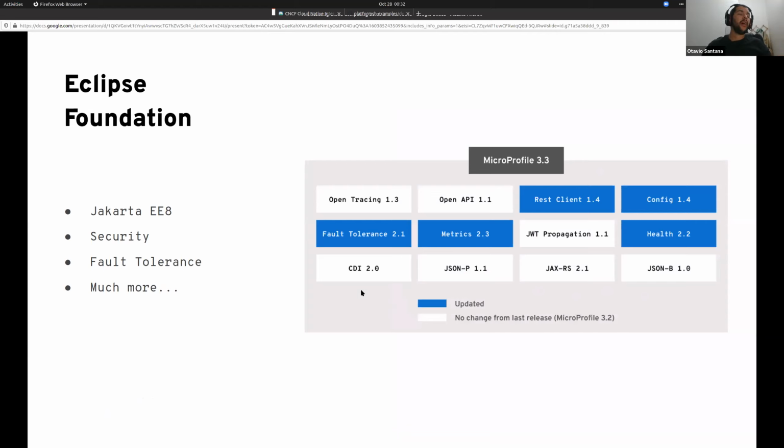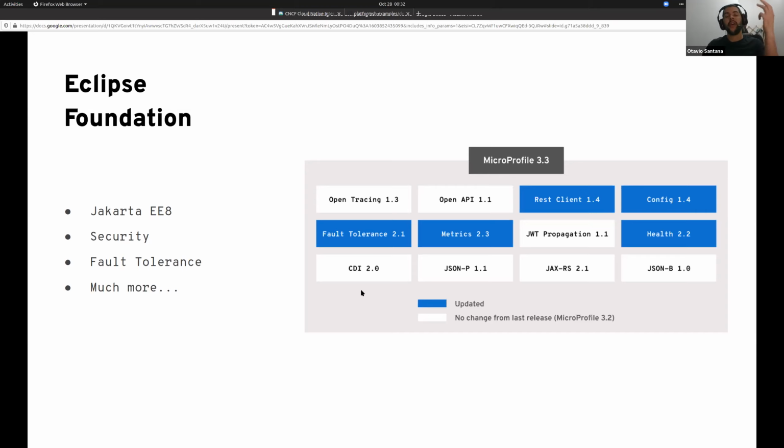So we have a couple of products that are under the Eclipse Foundation umbrella. We have Jakarta EE, which is right now version 8, and MicroProfile, which is moving to version 4. We have several tools or frameworks to make it easier for us as Java developers to move to the cloud native world. So we have OpenTracing, OpenAPI, REST client, and config.